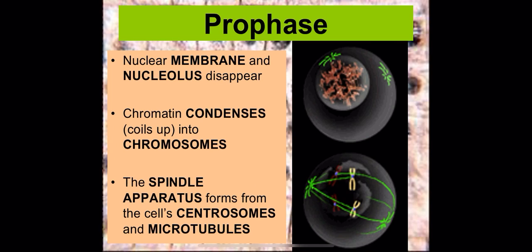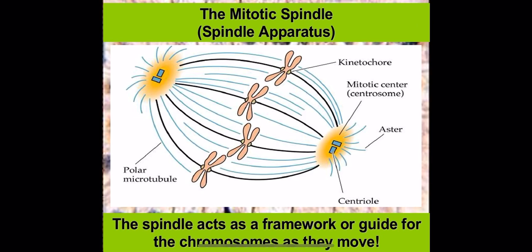So you have to destroy the nuclear membrane, you have to condense the chromatin into chromosomes, make those distinct rod X shapes, and you need to form something called the spindle apparatus. And the spindle apparatus is a structure and network of microtubules that is formed from components of the cytoskeleton and allows for almost like a framework for the chromosomes to move on easily during mitosis. So here's a closer picture of that spindle apparatus for you, and you can see that the chromosomes are using it almost like a highway, a network of fibers that they can move on.